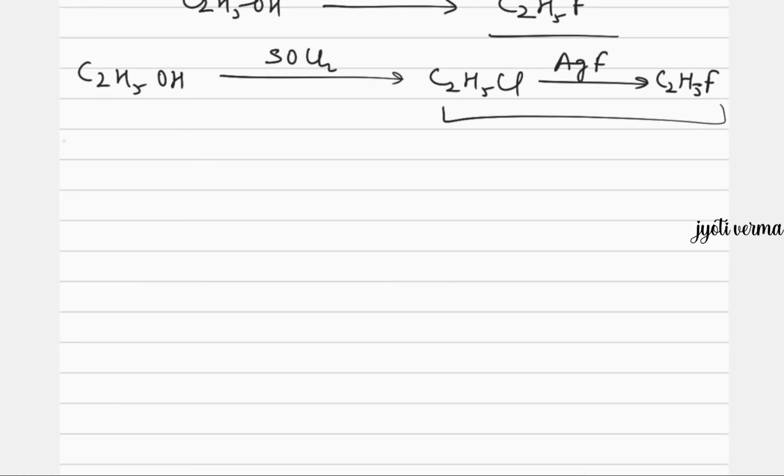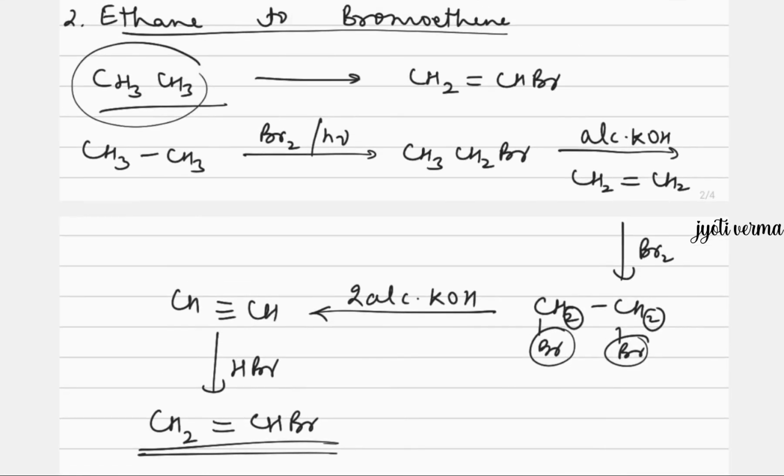Now moving to the next part, that is number 7. It is bromomethane to propanone. Bromomethane, that is CH3Br, to propanone, that is CH3COCH3. So here you should observe that we have increased the carbon atoms by 2. And we have discussed that whenever we are supposed to increase the carbon atoms by 2, we can think of doing reaction with sodium acetylide.